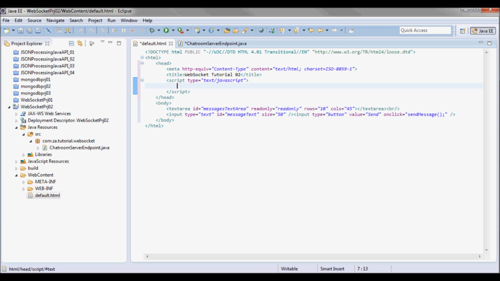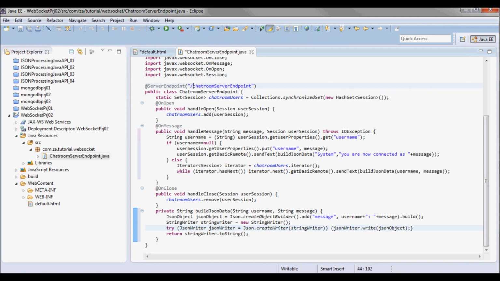So here I'm gonna pick up a WebSocket, so localhost 8080, and the project name, so WebSocket project 02, and chat room server endpoint that I annotated over here.